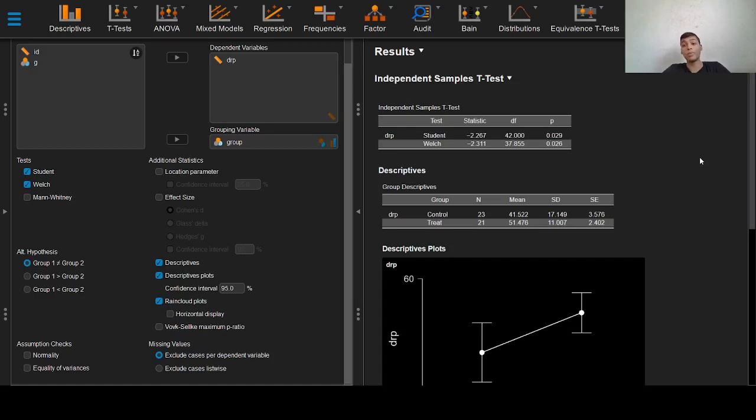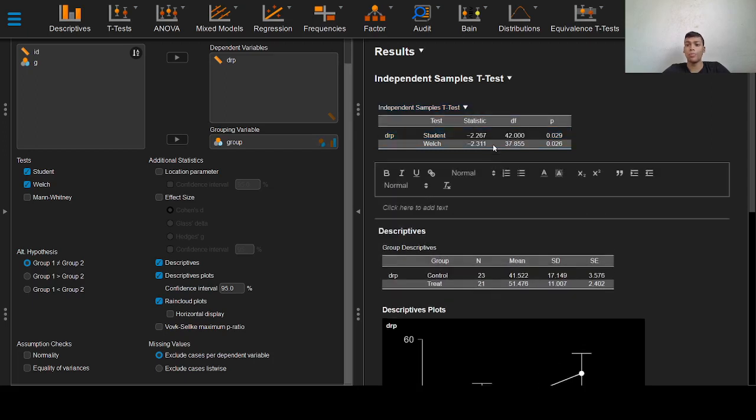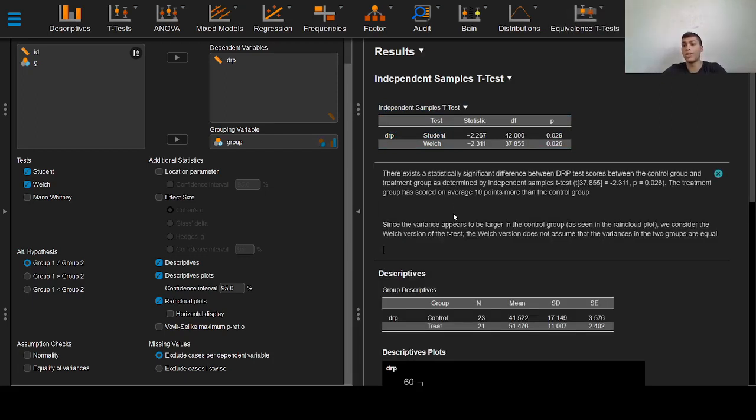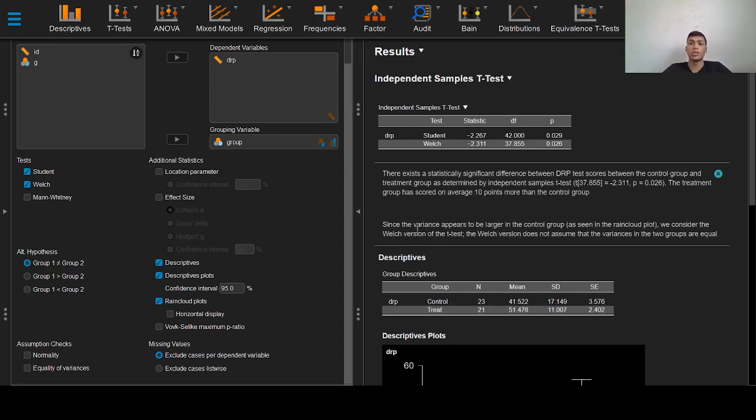As shown in the previous videos, we have done the independent samples t-test, we have plotted some graphs, and now we are ready to report our findings. We can now click on this drop down option to start reporting, click on add note, and since it will take some time to write everything, I have pre-written this and I will just copy paste what I have written right here. Okay, so now this is the way it would be required in most manuscripts.